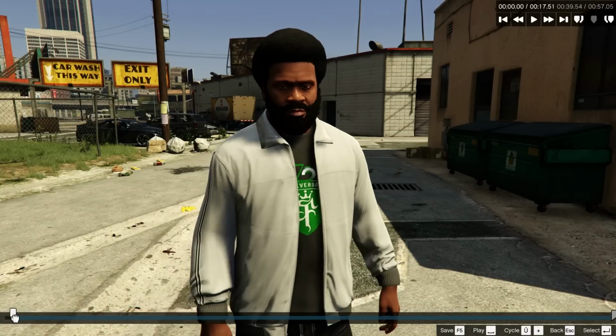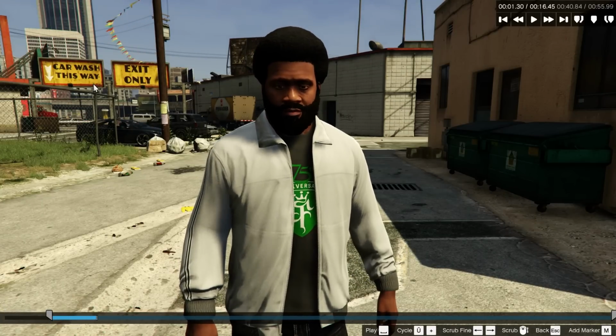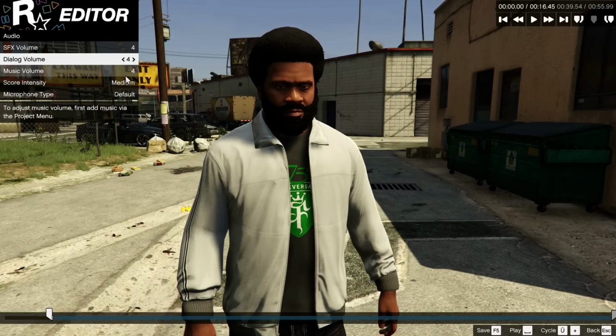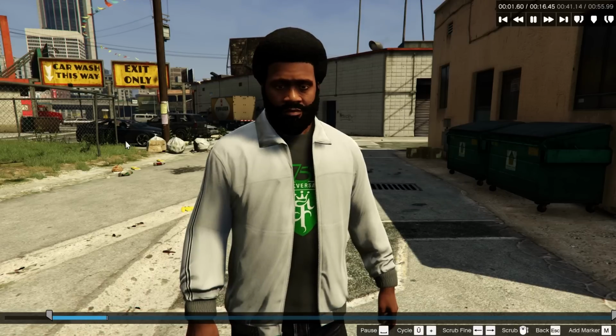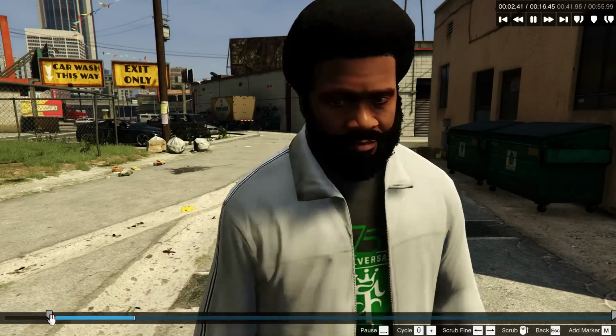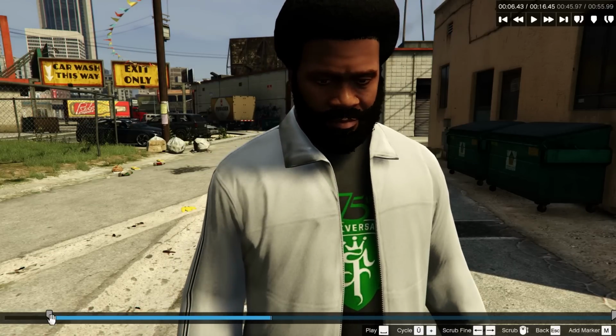The option audio lets you edit the sounds in the game. This is really useful because if you want to make a machinima, you usually use other music than the in-game tracks. So you can deactivate the in-game music. Same goes for the dialogue volume. If you want to voice over your own characters in the post-production to give them your own story and own voice, you can deactivate the dialogues here without losing the mouth movements.